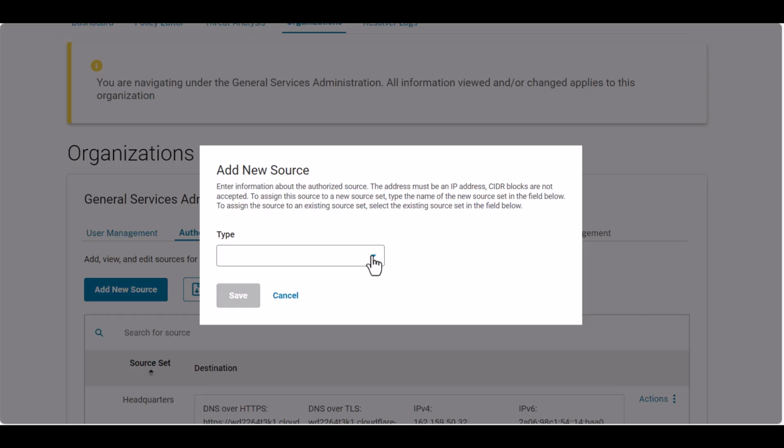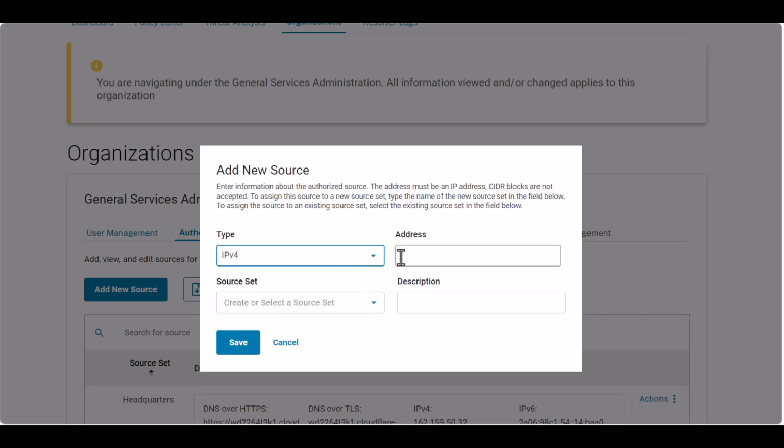Once the user clicks Add New Source, the source information pop-up appears. Fill out source details accordingly within the source information section. The following source information must be provided. Type, whether it is IPv4, IPv6, or an SSE provider. Address, the IP address. As a reminder, only numerals are accepted, which are typically formatted as 4 8-bit fields separated